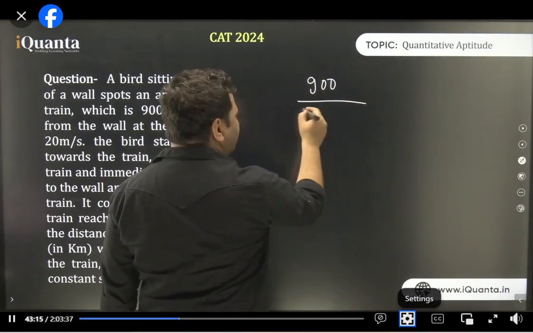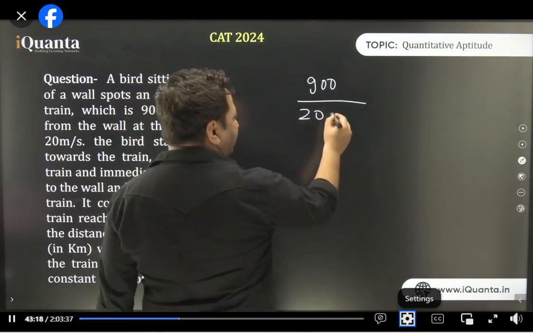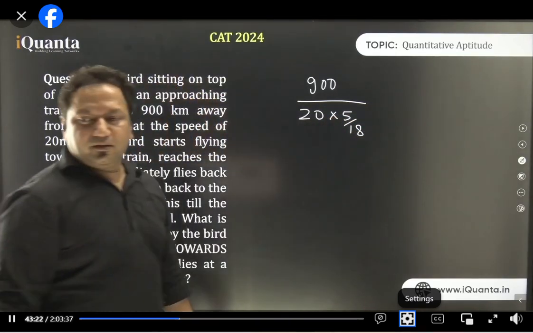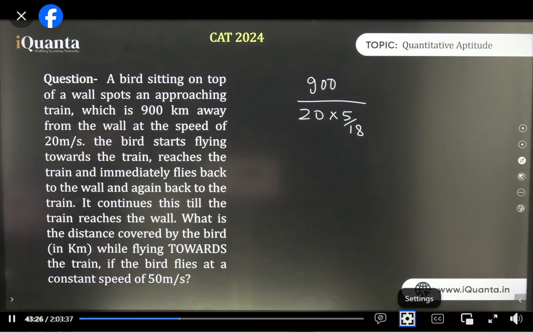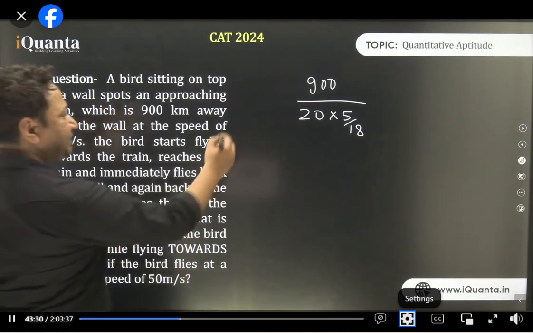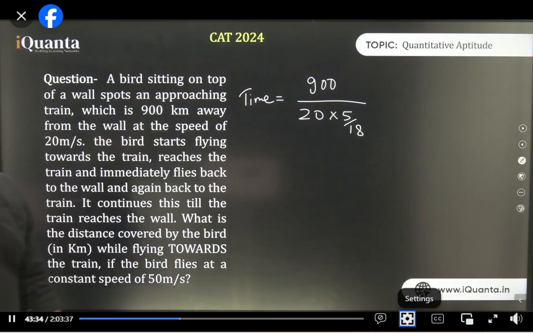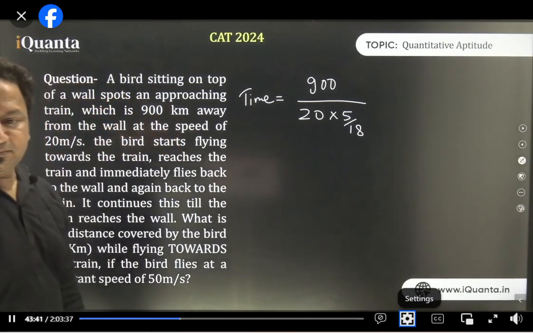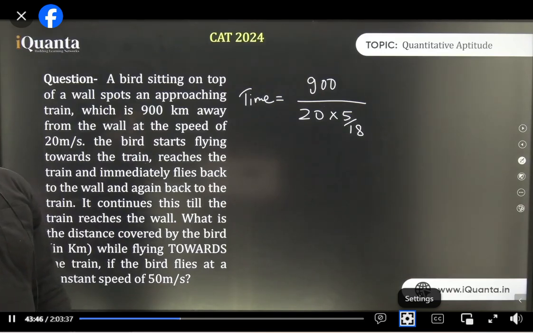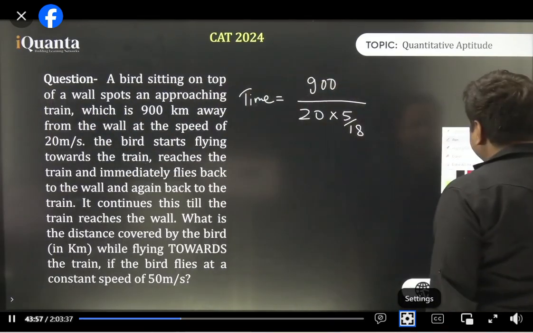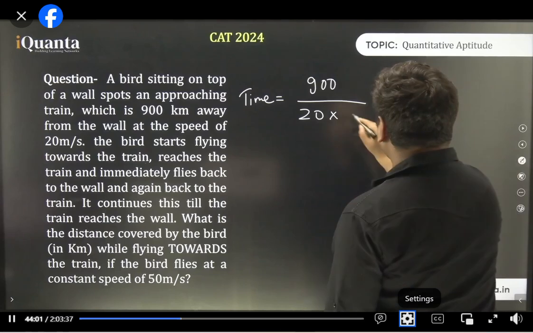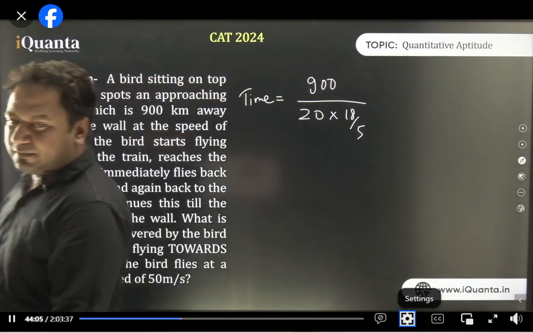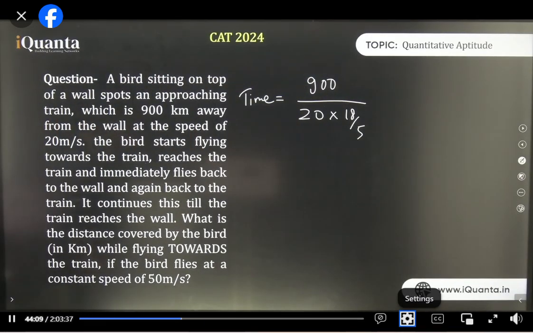So if it's meter per second, we need to convert it to kilometer per hour. Right? How to do that? By multiplying it with 5 by 18. Clear? Is that clear? This is the time taken for the train to reach the wall. Yes or no? Exactly. Rishabh, it's not clear? Which part? मीटर पर सेकंड दिया गया. I'm sorry. 18 by 5. Clear now? हाँ ठीक है प्रयास. 18 by 5 होगा. Right. It's clear now, all of you.